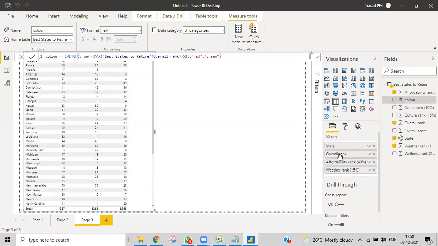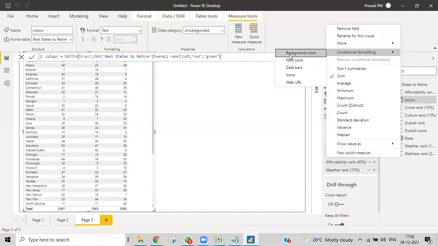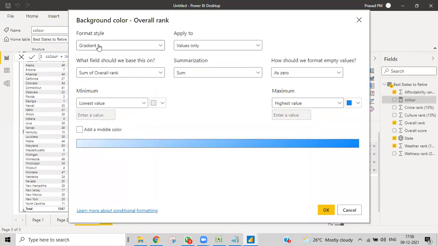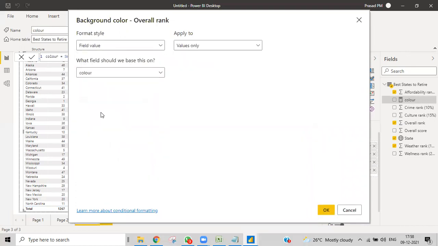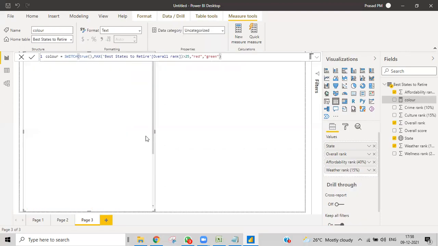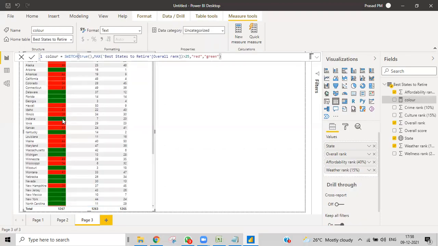Okay, then I'll go for conditional formatting and then background color. I want to make it a field value rule, and you can go ahead and select this. You'll have the measure, so overall ranking, I'll just do that.